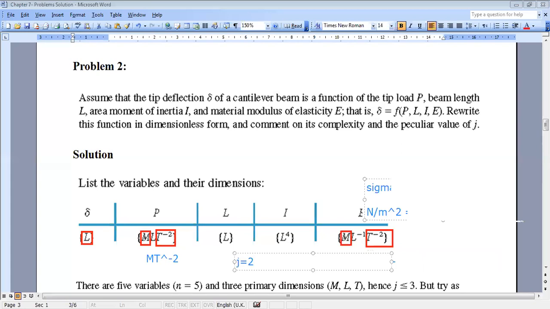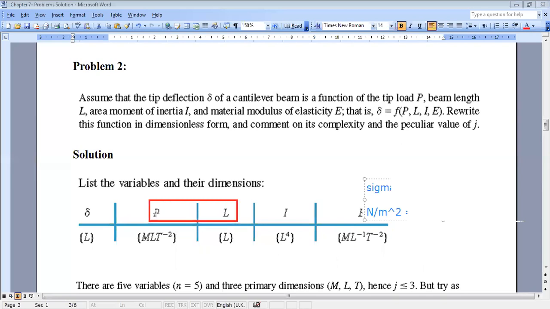Can I find 2 variables that do not form a group? Of course, because look, if you take, for example, P and L, of course P and L will not form a group, because P contains M and T, while L doesn't contain M and T. So now I can take P and L together, or I can take,